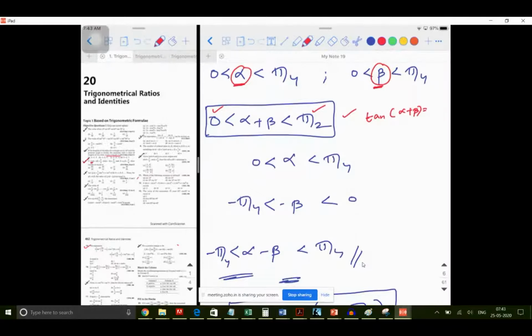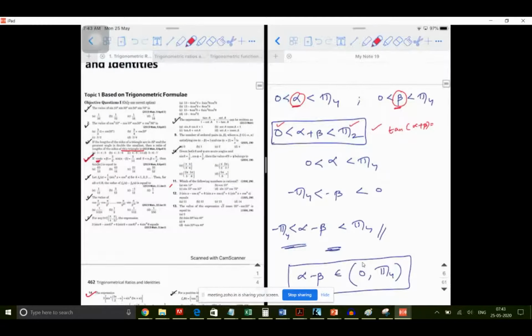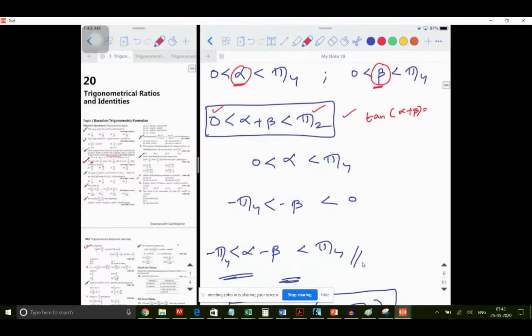And to confuse you, what they will do is, once they will give you 63 by 16, another answer might be minus 63 by 16 also. That might be the right answer, but since you ignored this concept, you would have marked the other one. So tan alpha plus beta is going to be positive. In a similar way, alpha is going to be between 0 and pi by 4. For alpha minus beta, if I subtract the inequalities directly, it will be greater than 0, less than 0, which doesn't make any sense with the inequality.